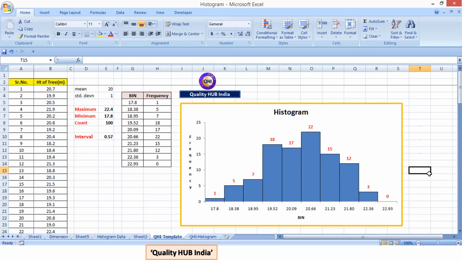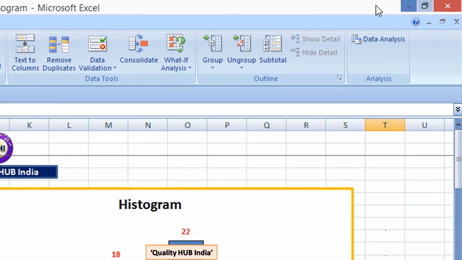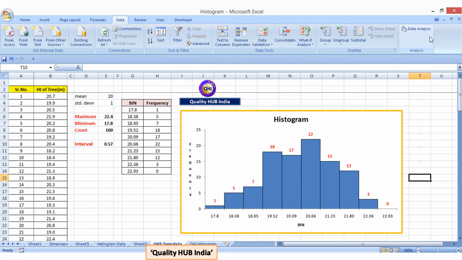Friends, now let's understand the second way of preparing histogram in Excel sheet. For that, let's go to data, and you can see over here in the extreme right corner, you have data analysis tool pack. But this won't be there as a default setting in your Excel sheet. If it is not showing in your Excel sheet, you need to activate it, and for that, just follow my instruction. Click on the office button,